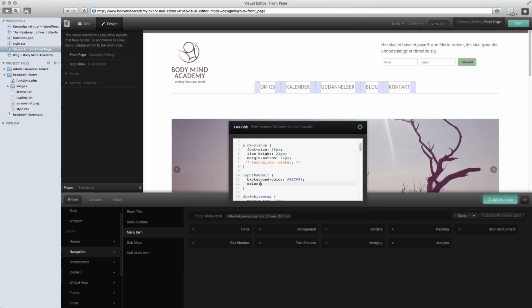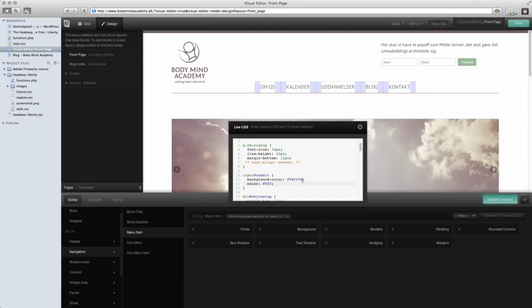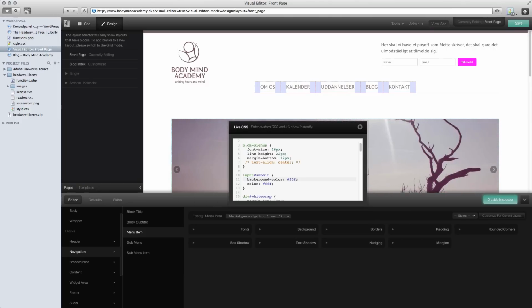Sorry, my computer is a little bit slow right now. So we can even make it an ugly pink. Boom, boom. And we could even choose to make it an ugly pink as well. And as you can see, it updates